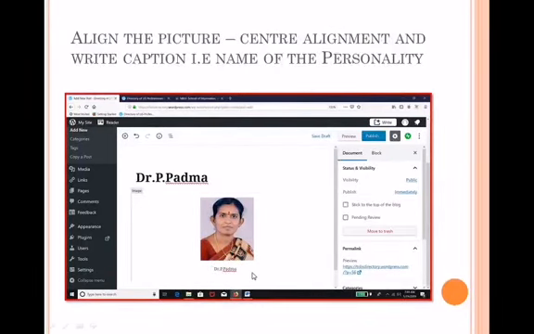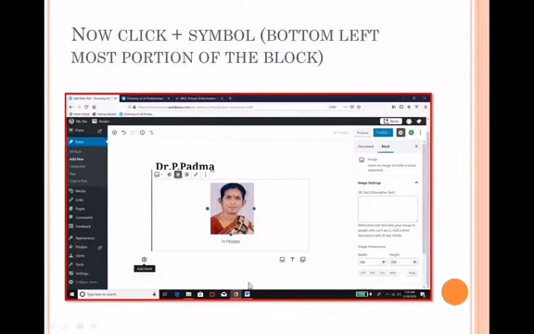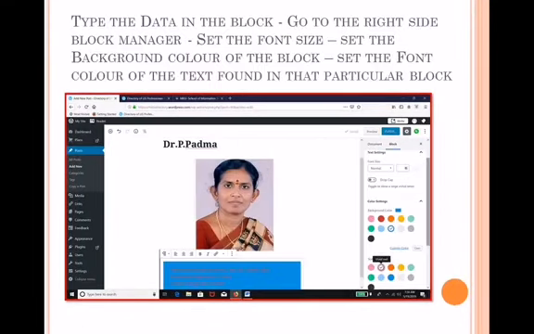So that is ready. Once that is ready, once again I can give a click on this plus button, add block, choose a paragraph. You can go and type the details about this particular LIS professional. This plus symbol is there now. Give a click, a list of blocks will come. You select paragraph and you can go and type information about Padma madam. That is fine.